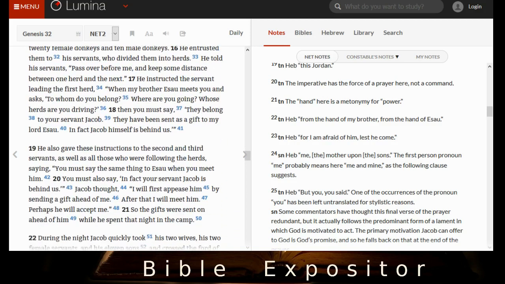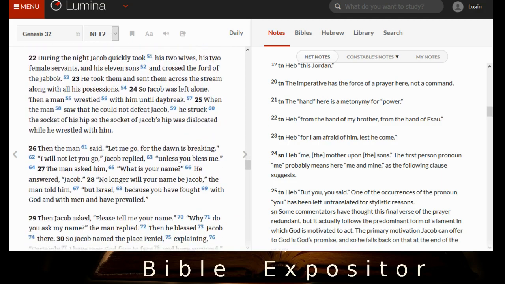But then let's go down to verse 24. So Jacob's alone, and this is where we find that very curious story about the fact that during the night, some mysterious man comes to him and starts wrestling and fighting with him, and they wrestle all night long until almost daybreak. But the man couldn't win, so it was a stalemate. So he struck one of Jacob's hip sockets and dislocated it. This might be the first recorded case of sandbagging. I mean, serious sandbagging, because obviously this mystery man could have won any time he wanted.